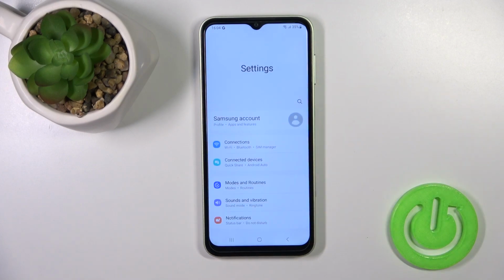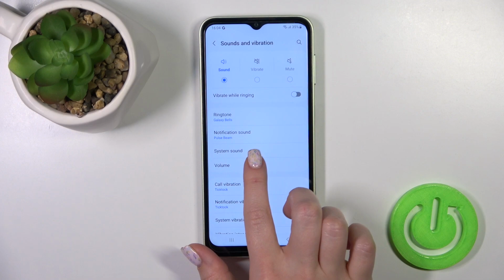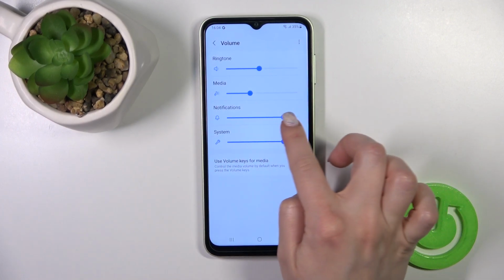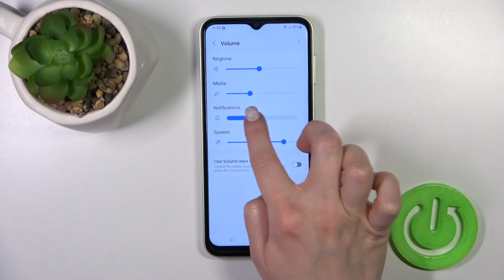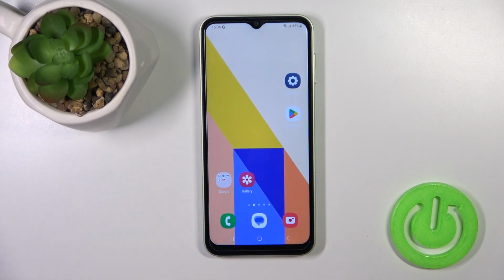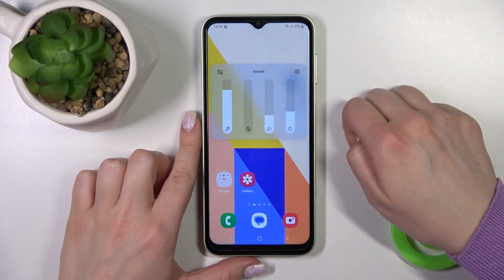So let's first open the settings and then tap on sounds and vibration. Here you will see the volume section and the notifications volume panel. To mute them, we should slide the notifications volume panel to the left side with your finger. Also, we can press the volume up or down button, click on the three dots, and we'll see